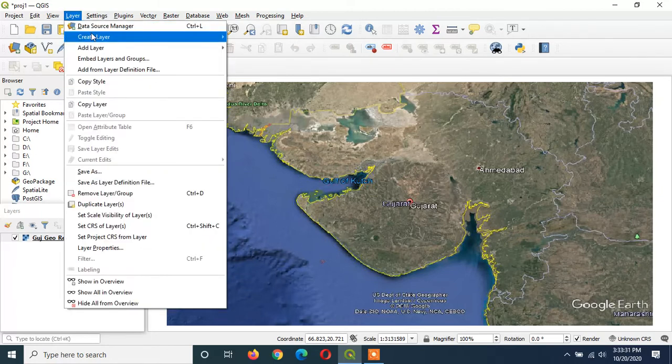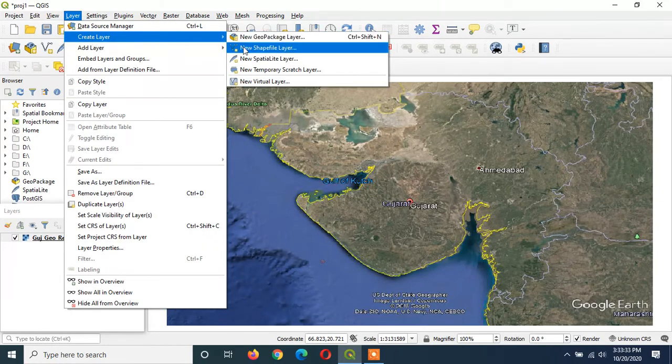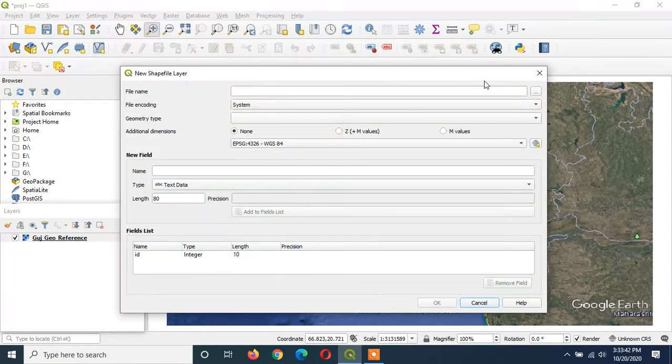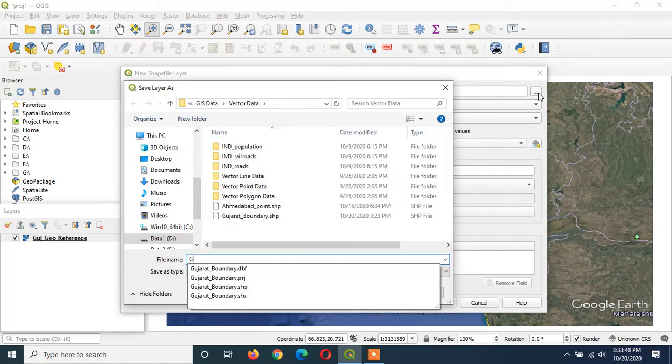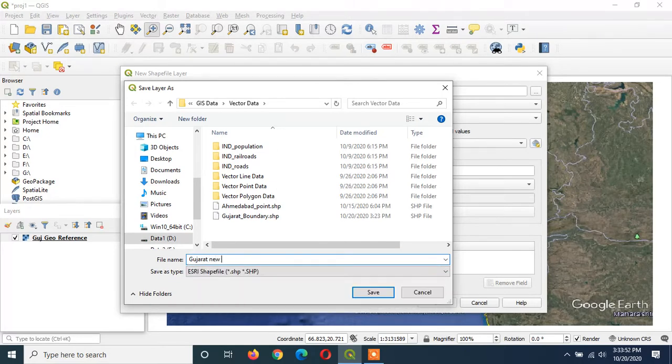So click on layer, create layer, new shapefile, because the vector data is stored as a .shp in QGIS. So we are going to create a new shapefile. Give the file name. The file name is Gujarat New Natural. I am saving this file.